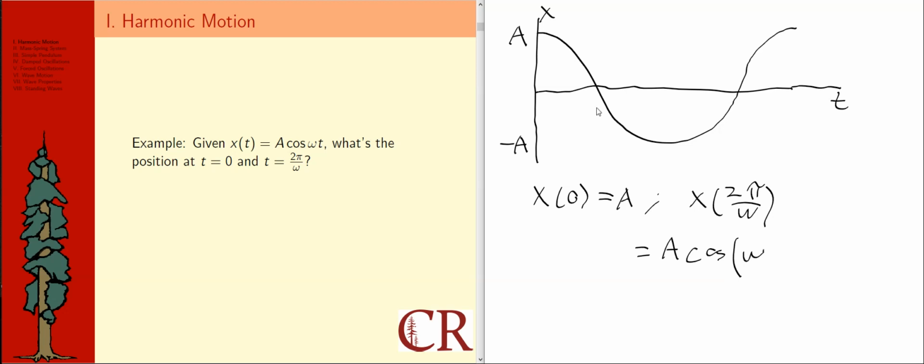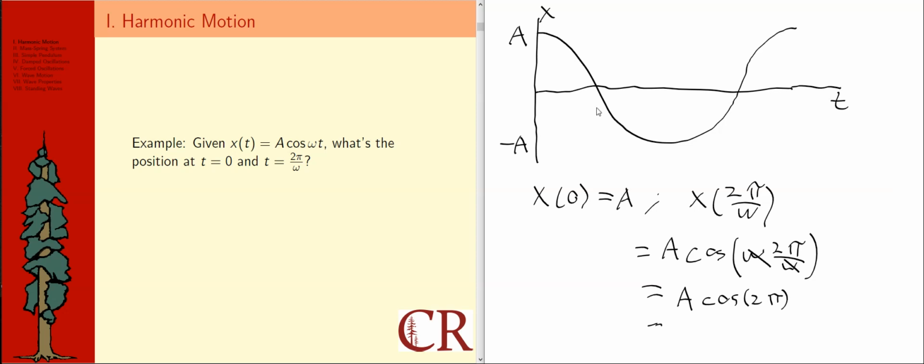And this will be omega multiplied by, for t, I'm going to substitute in the time I'm evaluating at, 2 pi over omega, and these omegas cancel, so I really just have a times cosine of 2 pi,